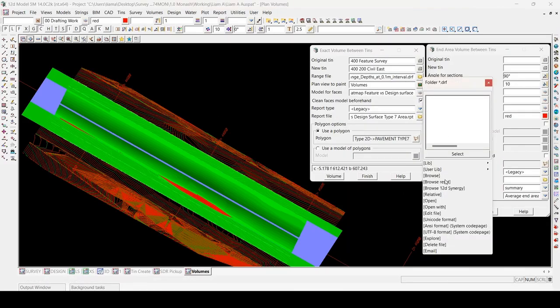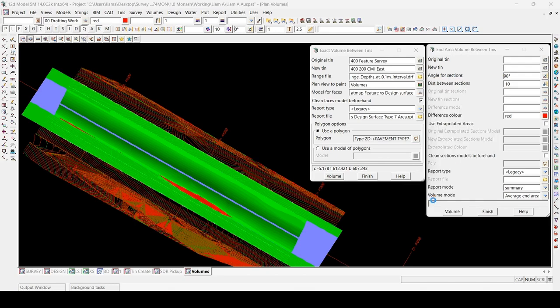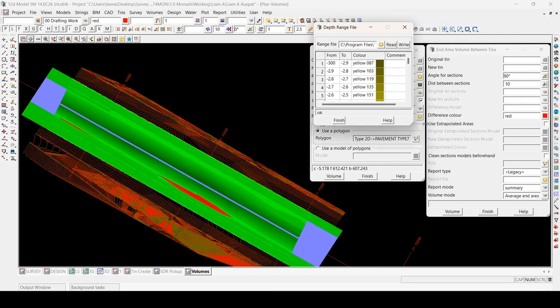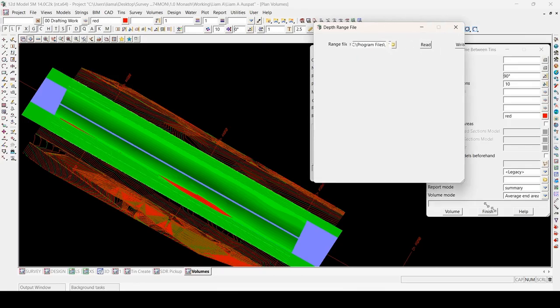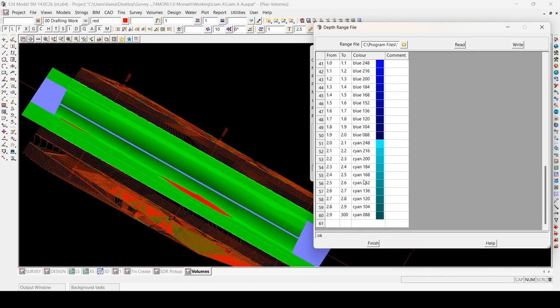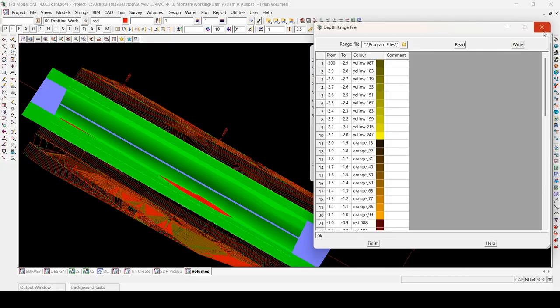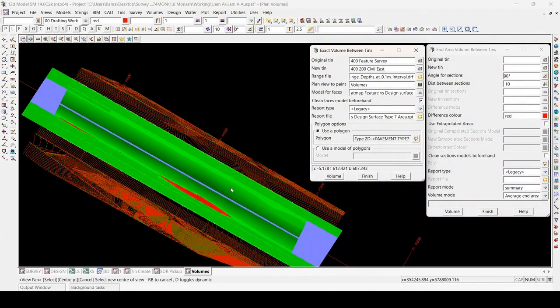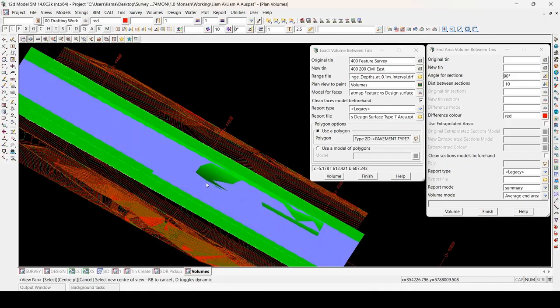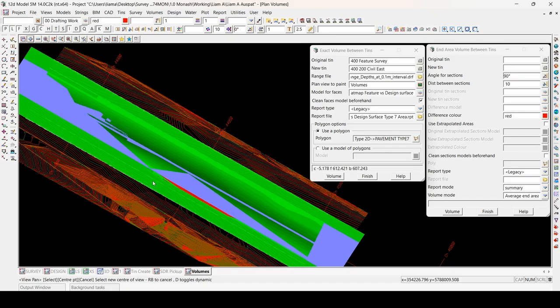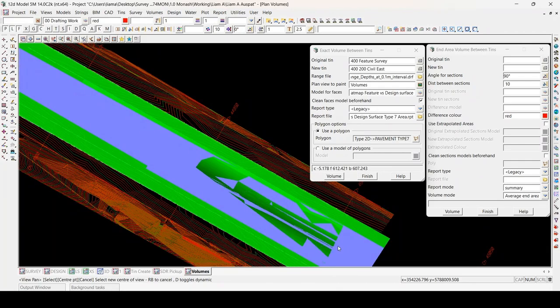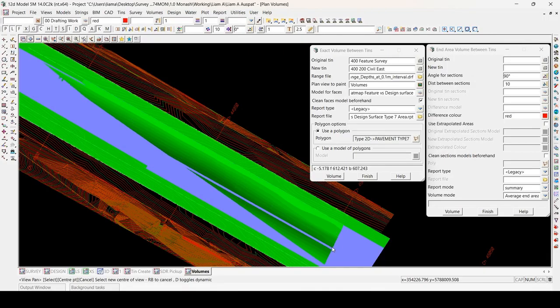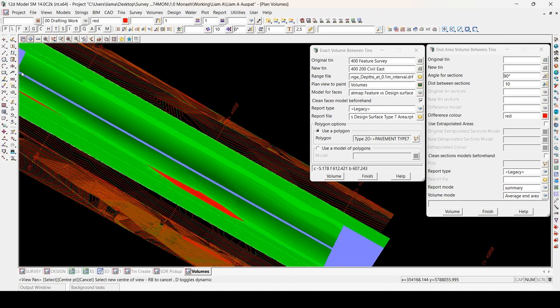And also, if you open this back up again, this is where you can see how we can edit our own interval values in here as well, and write them out. Okay, so we'll have a look. Apologies, because of this tin there are a lot of triangles to calculate from. It's picked up the nulling we've done in a previous tin nulling video. So that's something to keep in mind too, making sure you're using the correct tin